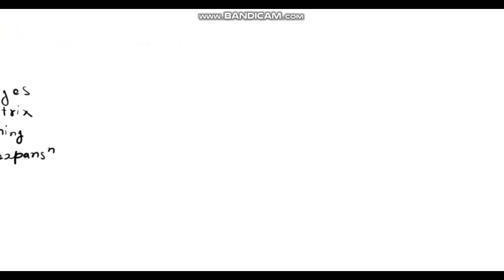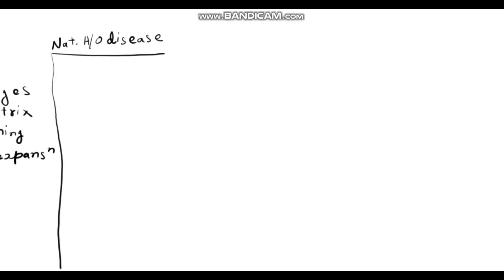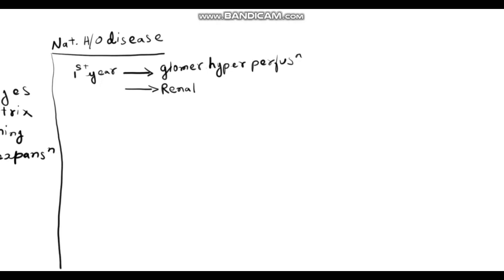Now let us see the natural history of the disease. The natural history means how this disease progresses through time, through the timeline. Approximately in the first year after the onset of type 2 or type 1 diabetes, there is glomerular hyperperfusion, and then there is renal hypertrophy. Both of these factors will cause, initially in the first year, an increase in the glomerular filtration rate, that is the